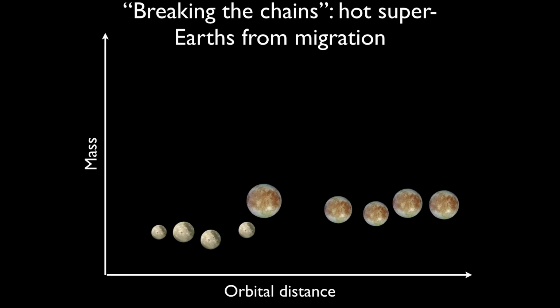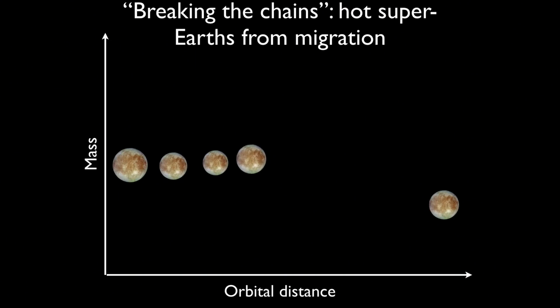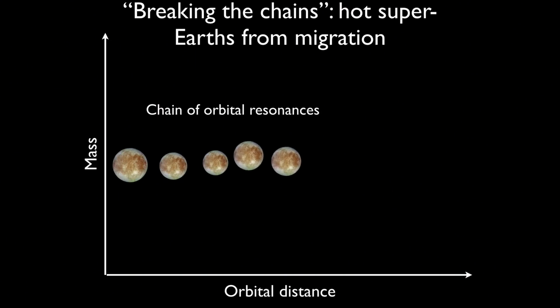in orbital resonance. So this configuration was driven by the gas in the disk, and it's also kind of held in place and stabilized by the gas. But the gas doesn't last forever. After a few million years, the gas dissipates, and that tends to break these chains. And what does that do? It leads to this late phase of collisions between planets, and the final configuration is much wider and not resonant anymore.